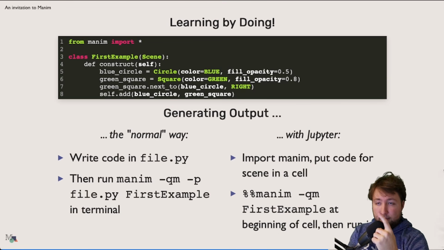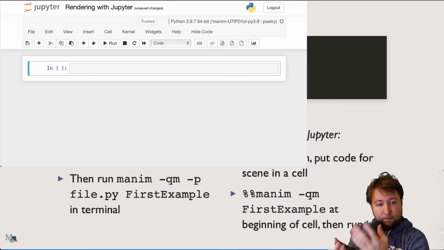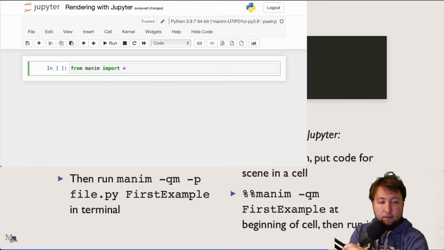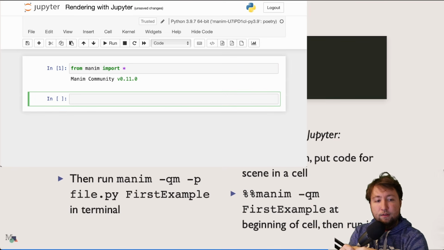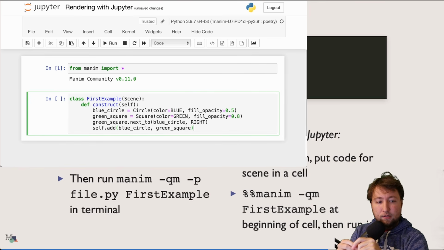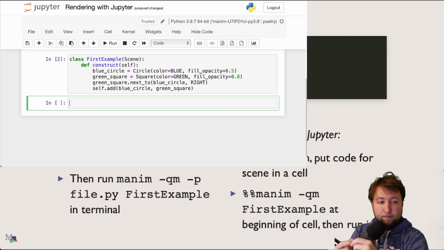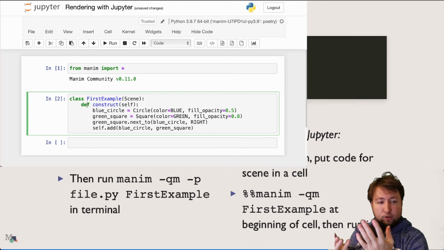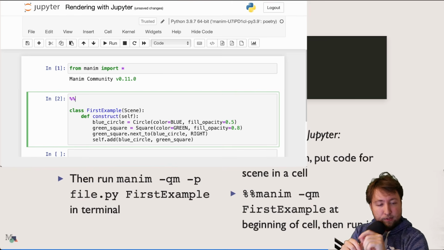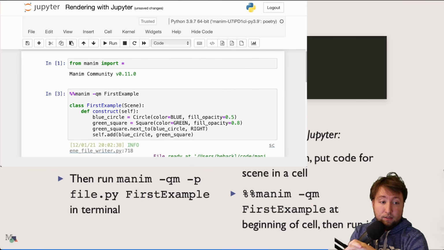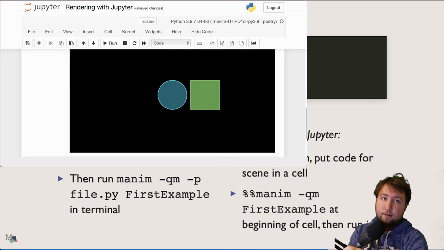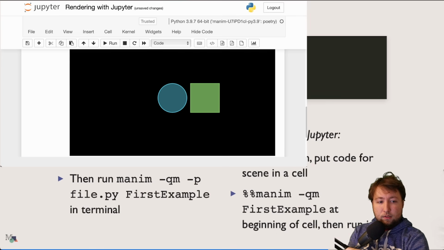There we, again, example above, import manim in one cell, put our code for the scene in a different cell, and then in the same cell where we have the code for the scene, we add on top an instance of this manim IPython magic command, which in this case reads as %%manim -qm, and then the name of the scene we want to render. QM in this case, again, medium quality. We don't need the -p flag because the output is automatically displayed. So we don't need to take care of that separately.